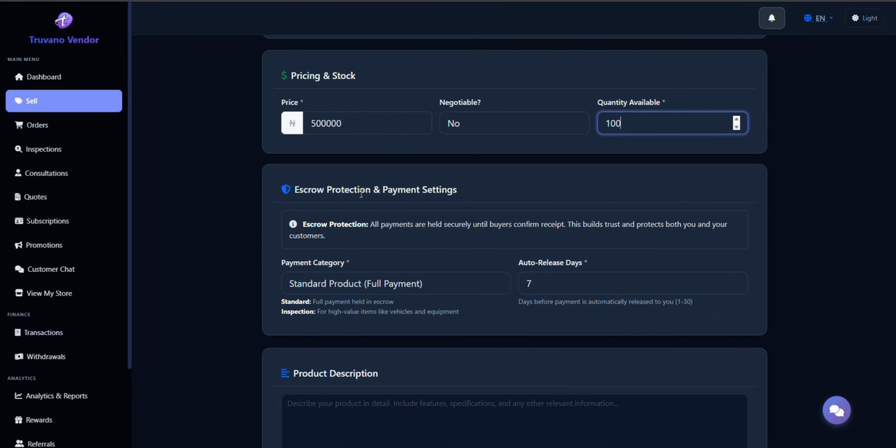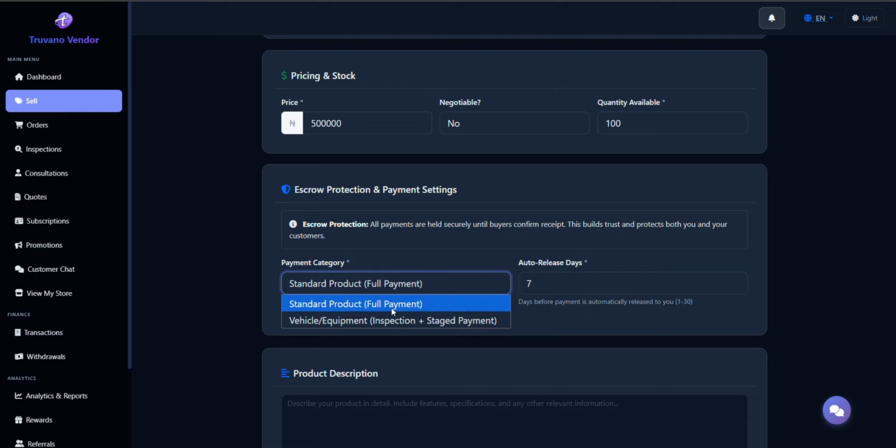For this eco protection payment section, these are for those that want to post vehicles, or they want to rent an apartment, or they are renting or selling land. So these are heavy equipment. All these items like vehicles and equipment are heavy items that you can't just buy upfront